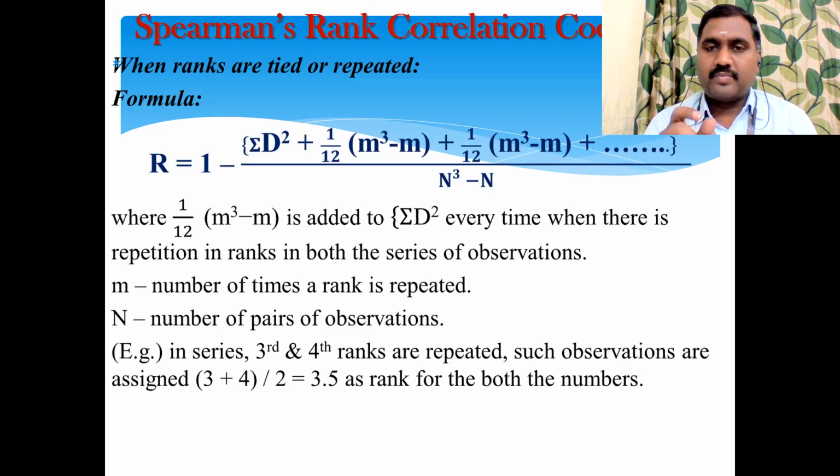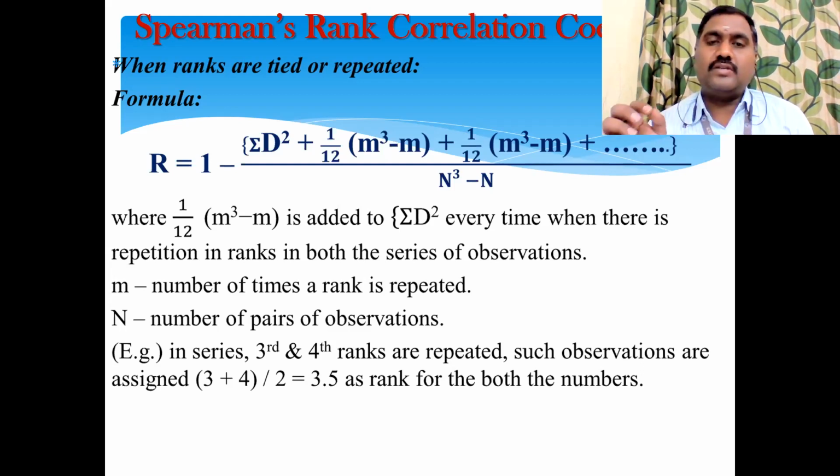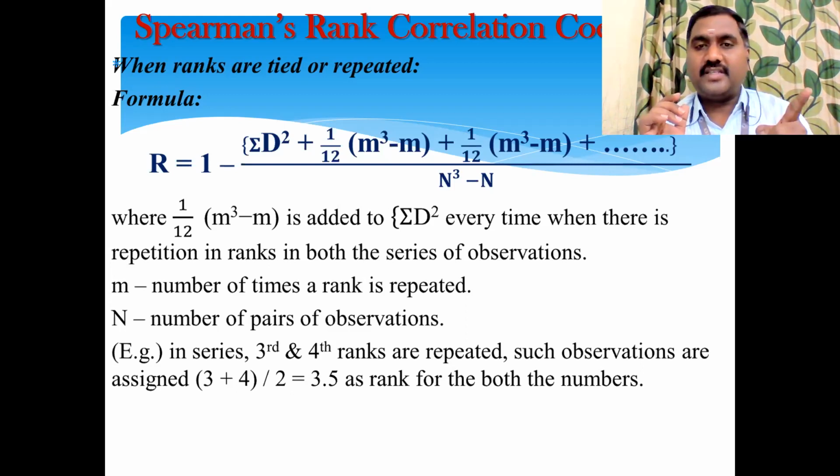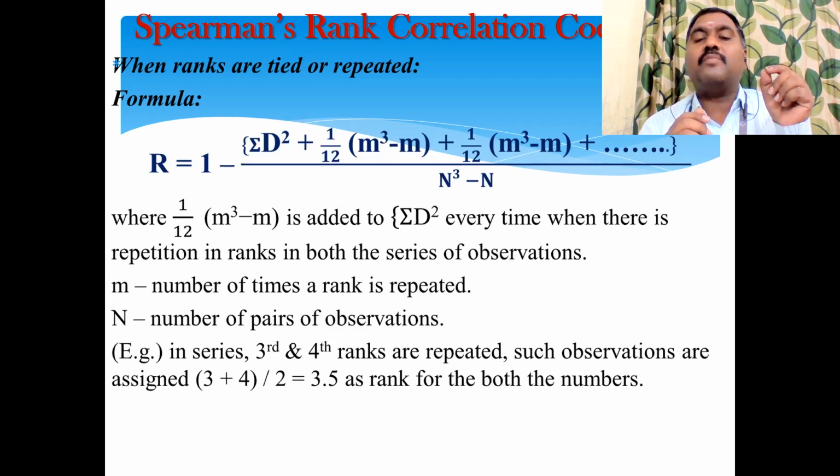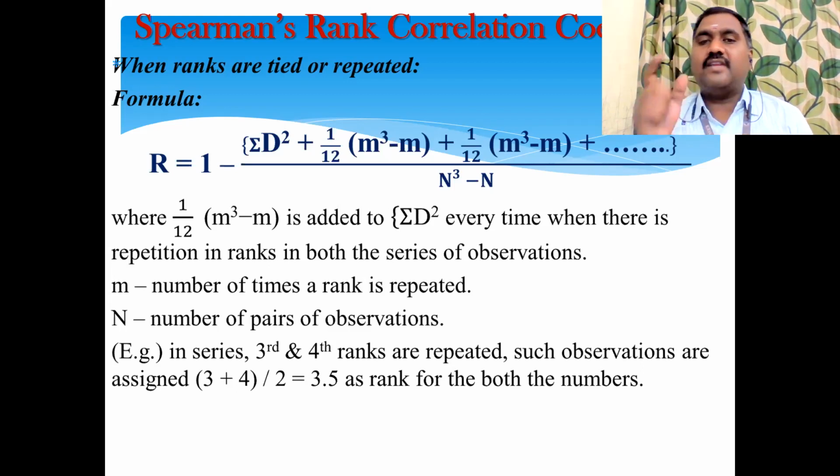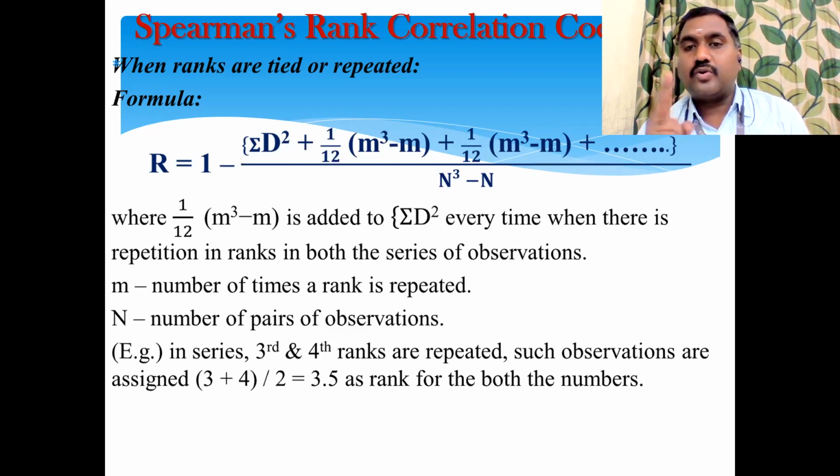So you have to put 3 times 1 by 12 (m power 3 minus m): 1 by 12 (m power 3 minus m) plus 1 by 12 (m power 3 minus m) plus 1 by 12 (m power 3 minus m). You have to put it 3 times because 3 numbers are repeated in the given variables. One number is repeated in x, two numbers are repeated in y. And that m value is how many times the first number is repeated. Sir, in the x, number 50 is repeated 3 times. So m is 3. And which is the second number repeated in y? Sir, 7. Number 7 in the y variable is repeated 2 times. So here the second pair of 1 by 12 m value will be 2 because 7 is repeated 2 times.